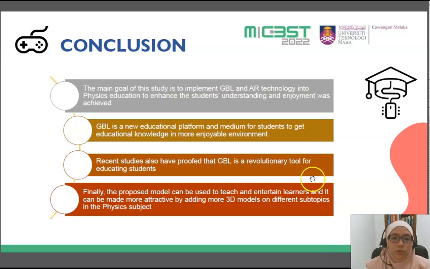Recent studies also proved that GBL is a revolutionary tool for educating students. Finally, the proposed model can be used to teach and entertain learners, and it can be made more attractive by adding more 3D models on different subtopics, especially in learning physics.